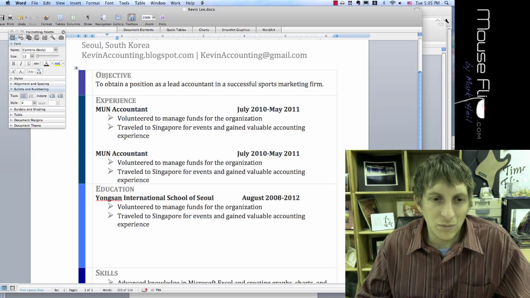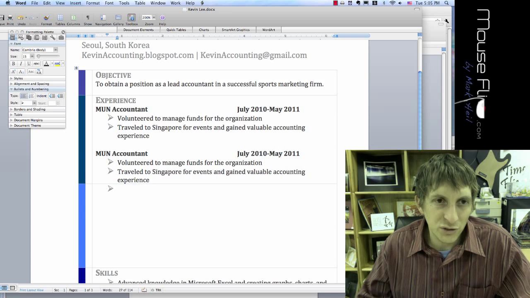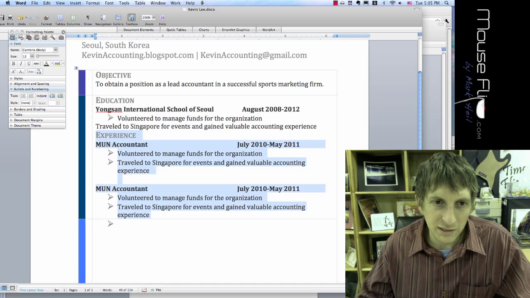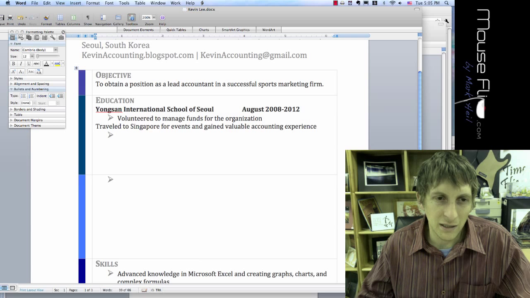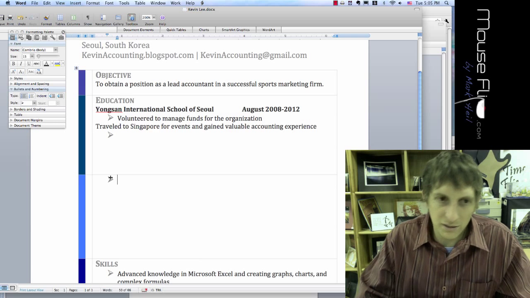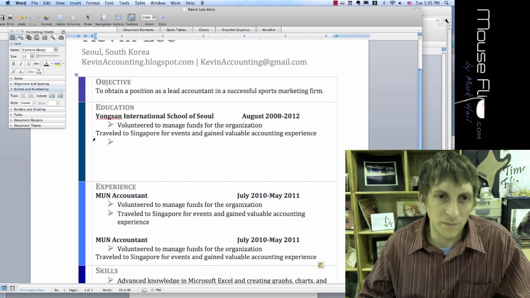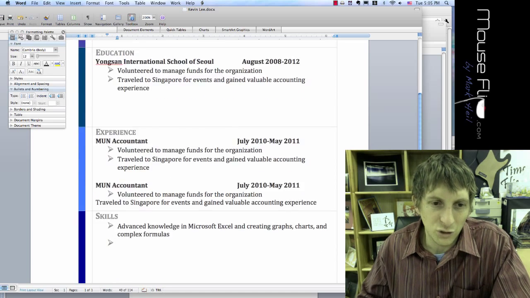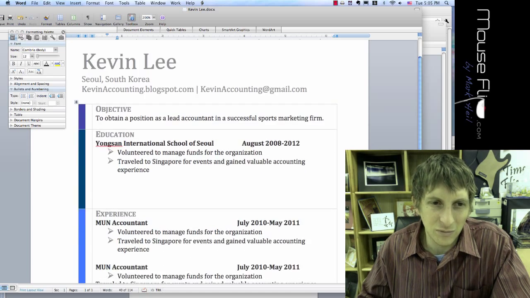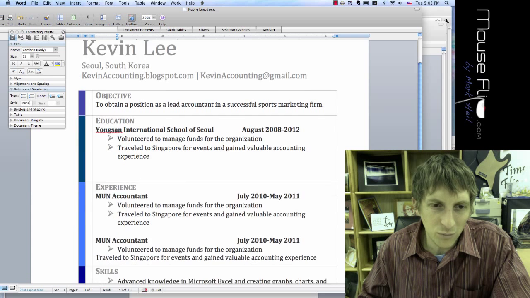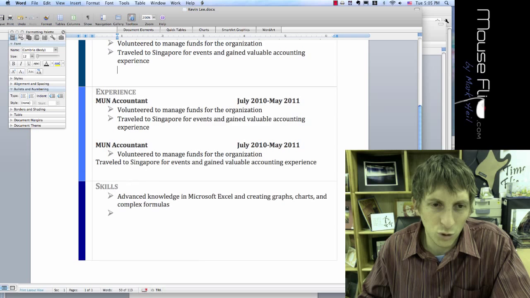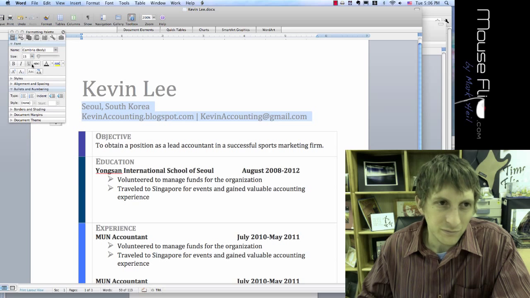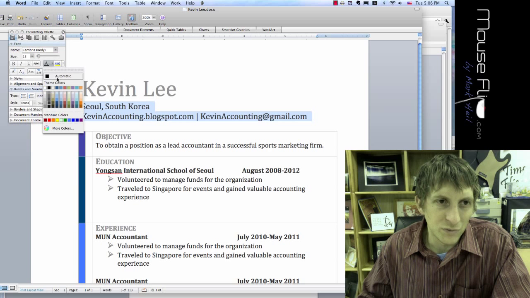Okay, now let me show you how easy it is to cut and paste. Let's cut our education, hit enter, paste in the second one, take our experience, cut that, and then paste that, just delete that into this one. And again, backspace and enter will give you that bullet back. I just want to make sure you know how to easily arrange things. Now with the table, you can evenly space things out or give things more space depending on what you need. And again, you can decide how to format the rest of your